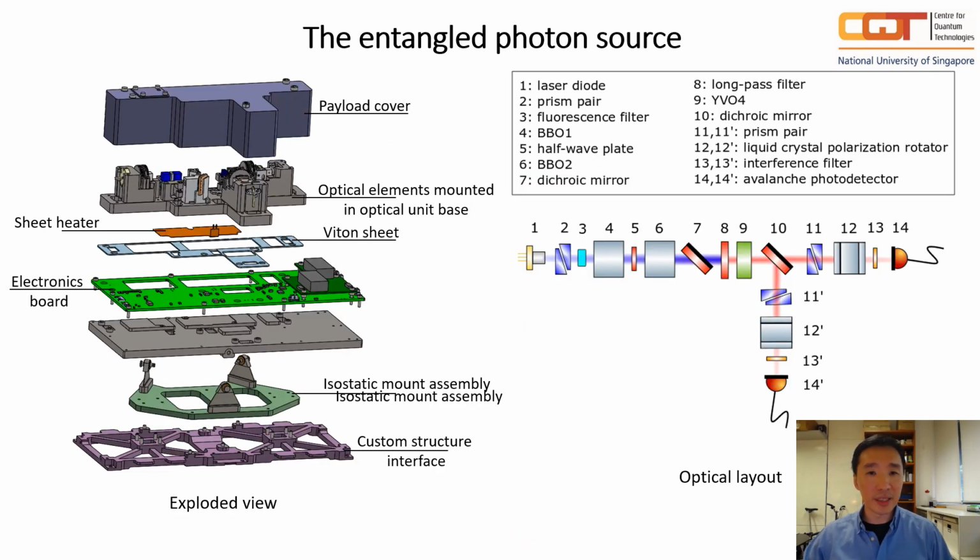If you go in and look at the entangled photon pair source, this is an exploded view over here. From the top, you will see the payload cover, which we use to ensure that there's light tightness in the instrument. And this is the entangled photon source, where we produce entangled photons and we detect those entangled photons on board the satellite. And we have a little heater to try and stabilize the temperature, because sometimes it can be a little bit cold on the spacecraft. And then we have a custom electronics board with which we operate all the optoelectronics that we require. And on top of that, we have this isostatic mount assembly, and then a custom structure that interfaces the payload